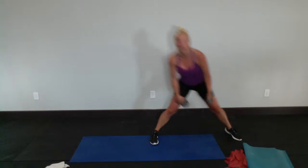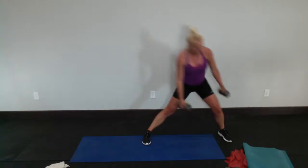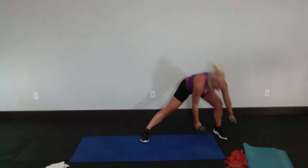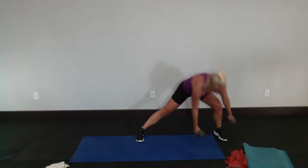You've got to have a weight that's a challenge for you. If you don't have access to heavy weights at your house, then do this move. If all you've got is something that's too light for you, you need to be going fast. Faster. Push. Center. Raise it up. And